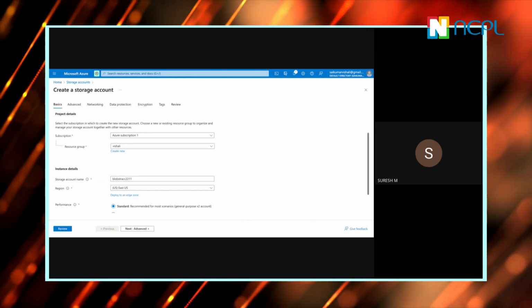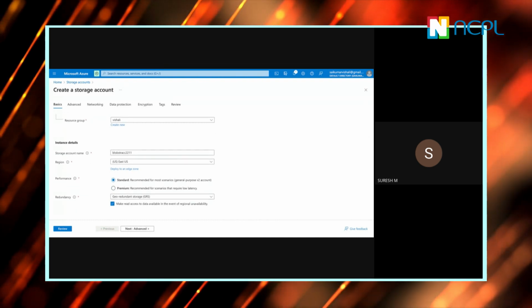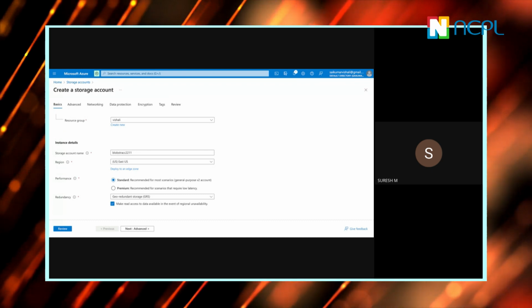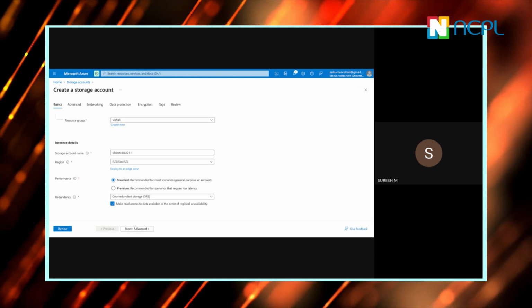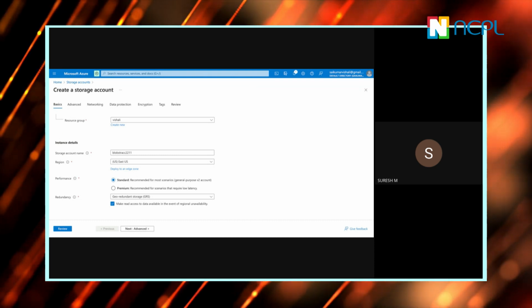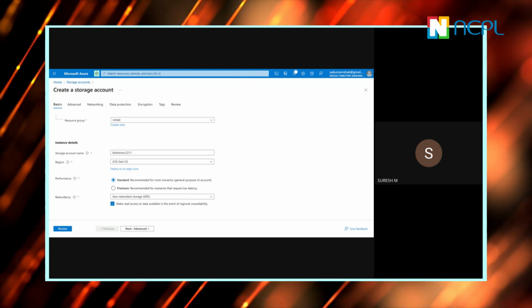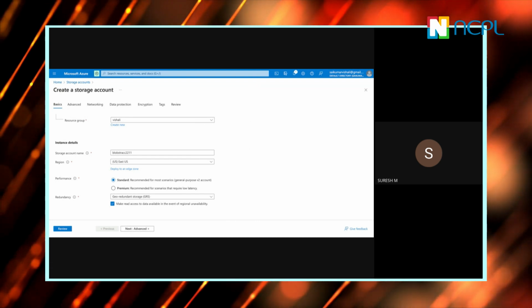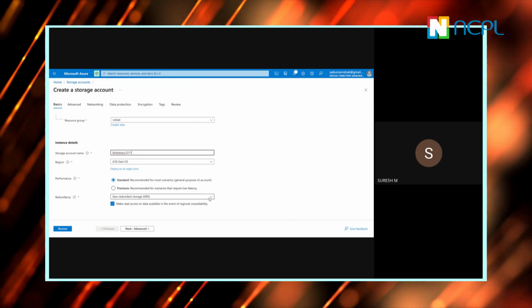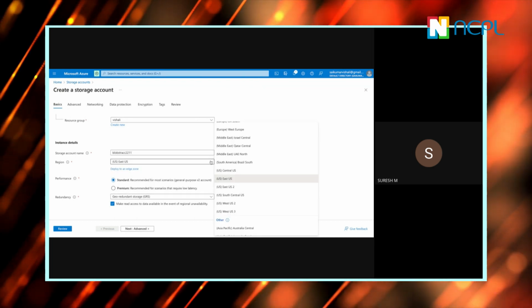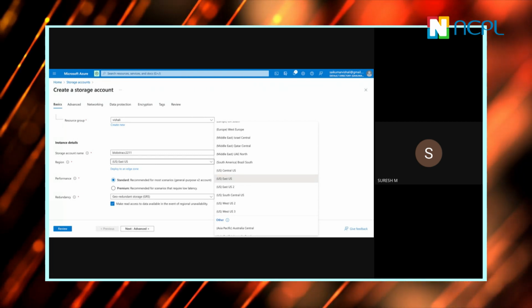Come a little down. Yesterday I was telling you about data centers. You remember? I said Canada will have a data center. It's as simple as setting up a business. You're setting up a business, and you want to create a data center which is very close to you, right? Just drop down that region part. These are all the data centers which are very close to you, and then you'll decide.